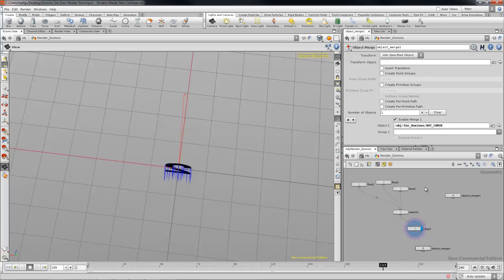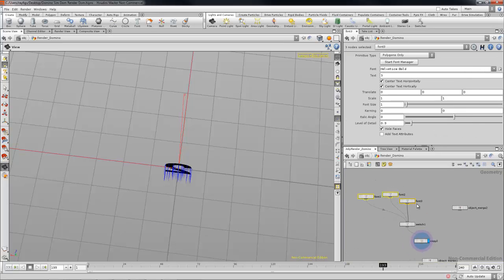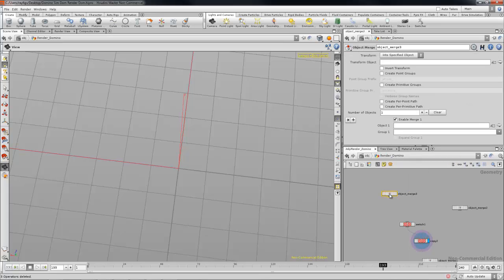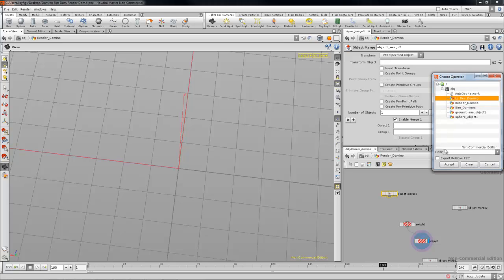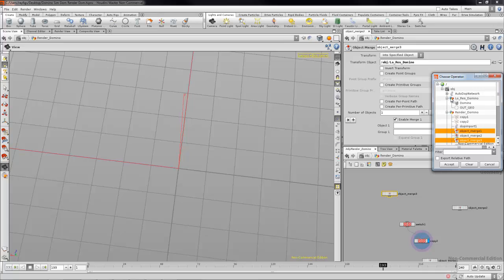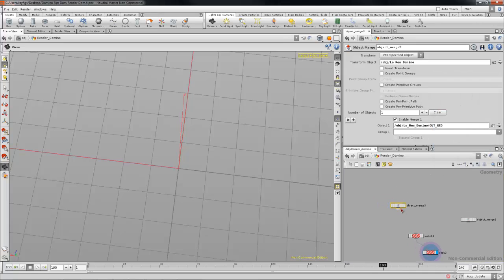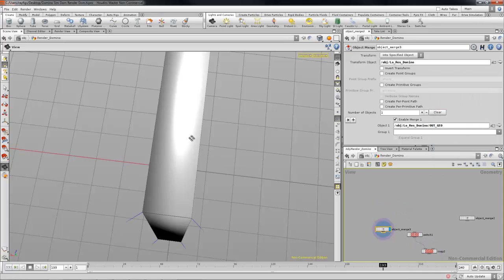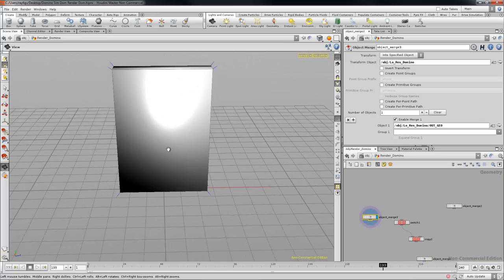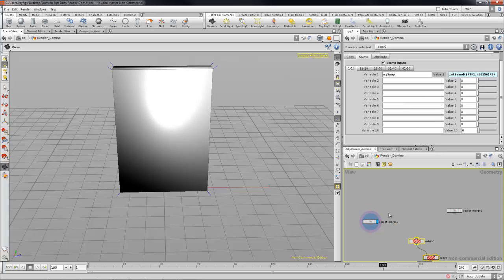So now let's actually get this looking like a domino. So we'll go ahead and grab an object merge, and then we'll find our low-res domino. Accept. So this should represent our low-res domino. It's ginormous. So we have this, and let's start fiddling around with this guy. We're going to need